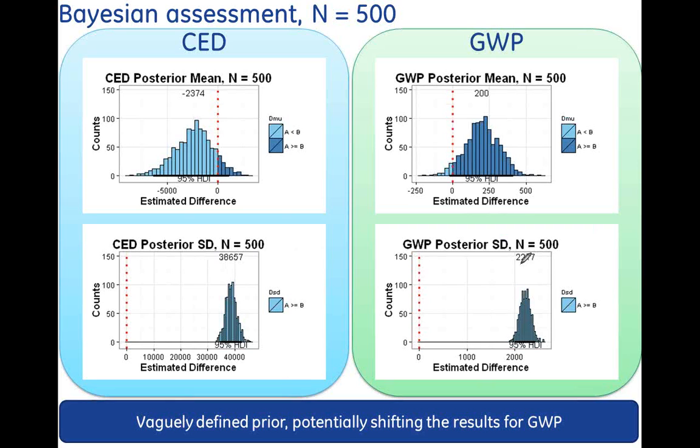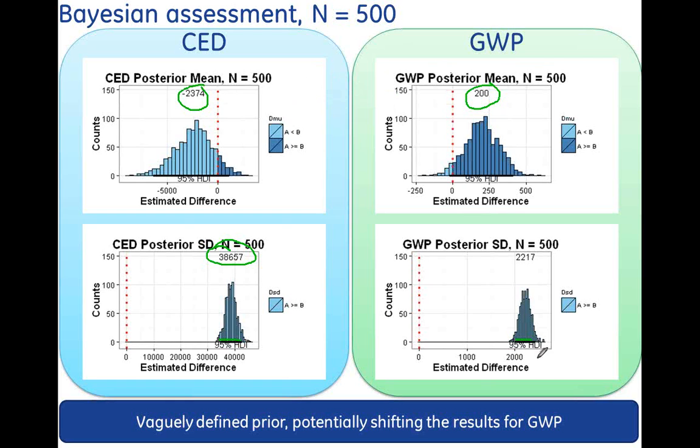And I can get an estimate not only of my best central tendency, and the probability that A is less than B, but I can also get a best estimate of my standard deviation with all the other plausible values that it may take. Same for global warming potential. These are all in the form of distributions. But note, now for global warming potential, this is positive, this is negative. There's a sign switch. We didn't have that before.